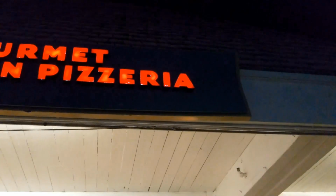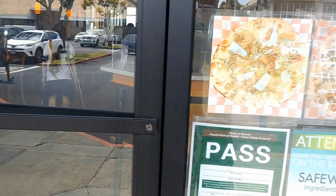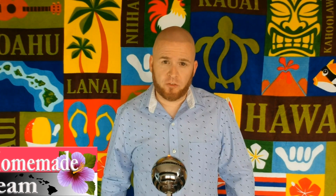Located in the Coco Marina Shopping Center, this build-your-own pizza establishment was fantastic. I felt as if my palate was dancing from all the home-cooked flavors this place has to offer. Get the Kauai pizza, you won't be sorry, or just build your own. Sophie's Gourmet Hawaiian Pizza. Also located in the Coco Marina Shopping Center, right next door to Sophie's, is Bubbies Ice